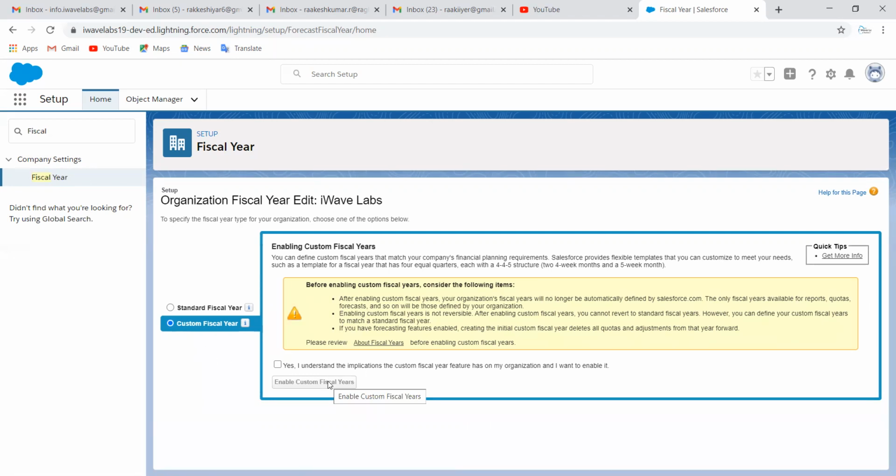If I enable this, then what happens? It will take you to a template here. From the template, you're going to select the 13 weeks or 3 weeks option. There you're going to select 4-4-3, which means each of the first 4 contains 13 weeks, and the remaining weeks out of 53 weeks are left. The first 4 will have 13 weeks, the second 4 will have 13 weeks, and then the remaining weeks will be available. It will be split here, and based on that your financial year will be set, so you can plan the finances of the company.